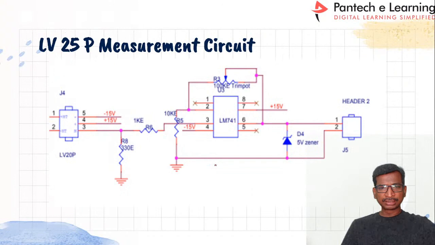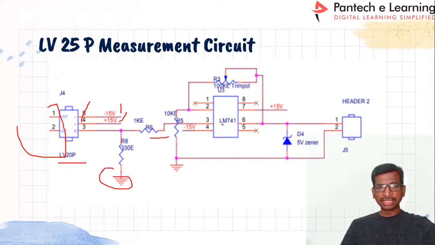And this is another circuit. You just take this node, and straight away you can use this in your circuit. So this is the LV25P. These 2 pins are the primary input, and the 3 pins are the secondary part: plus 15, minus 15, plus 15. You have to connect a 330 ohm resistance in the third pin to the ground pin, right? And across this value you can take the output. Just take an LM741, and here you can get a proper voltage. Either AC voltage or DC voltage can be given here, and you can get exactly the same output.